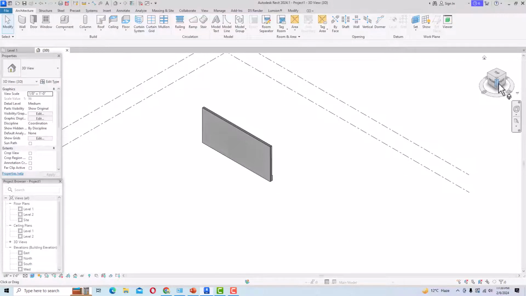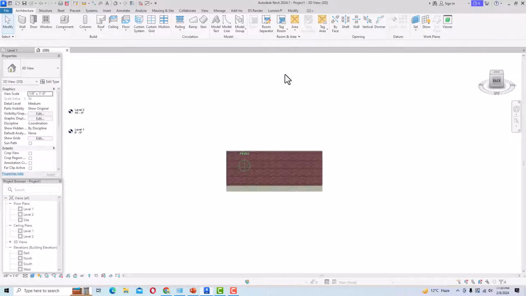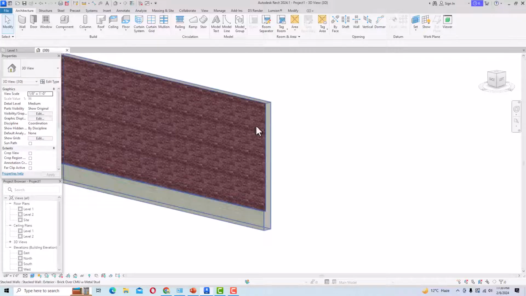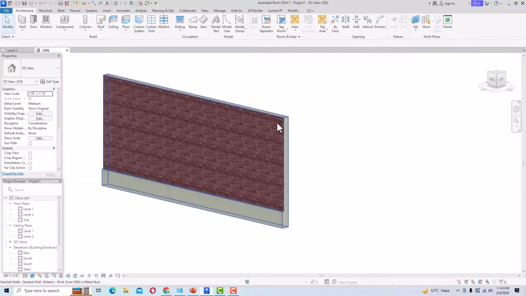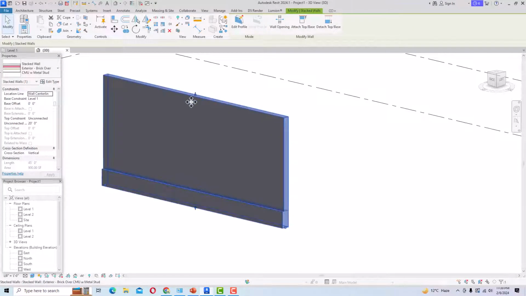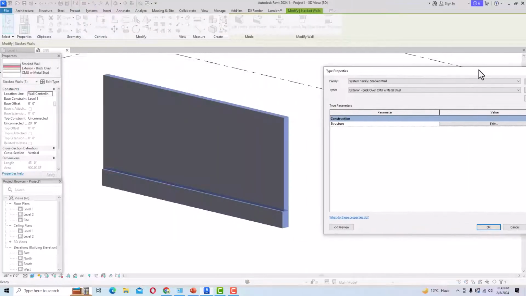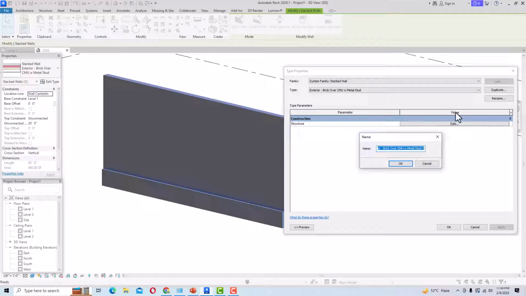So this is a stacked wall. You can see here this is the stacked wall. So you can see there are more sub walls in this. So you can edit and create your own in Revit. So I'm going to select this, and I'm going to edit type, and I'm going to create a duplicate,